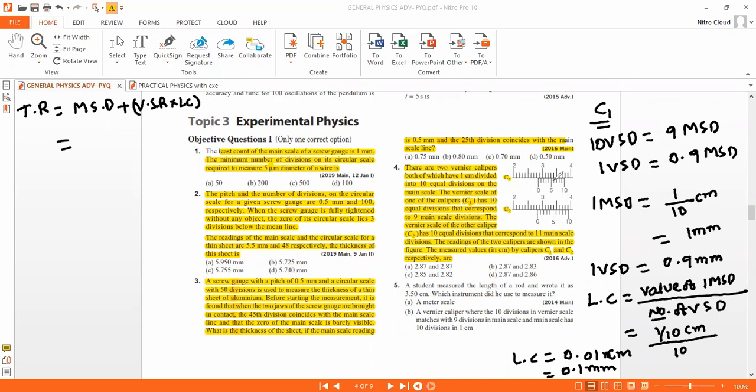Suppose this is C1. You can see that is 2.8. After the 2, 8th division, this 0 coincides with 2.8. So I can write as